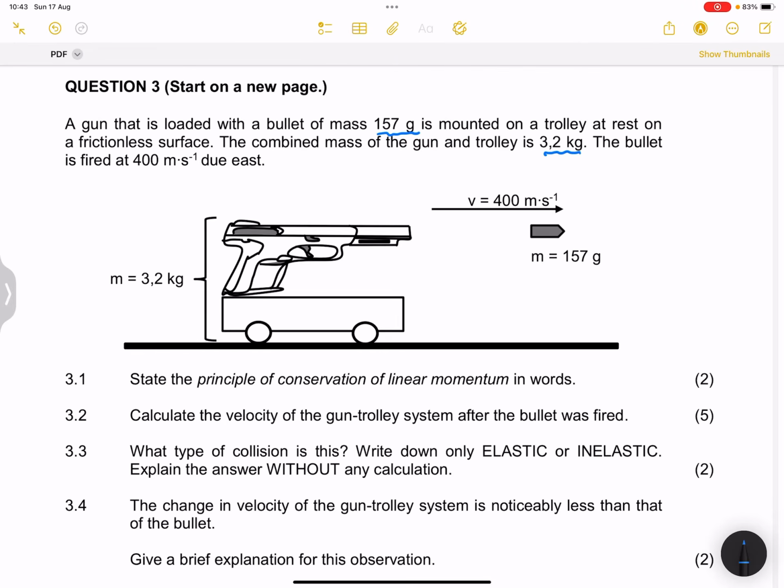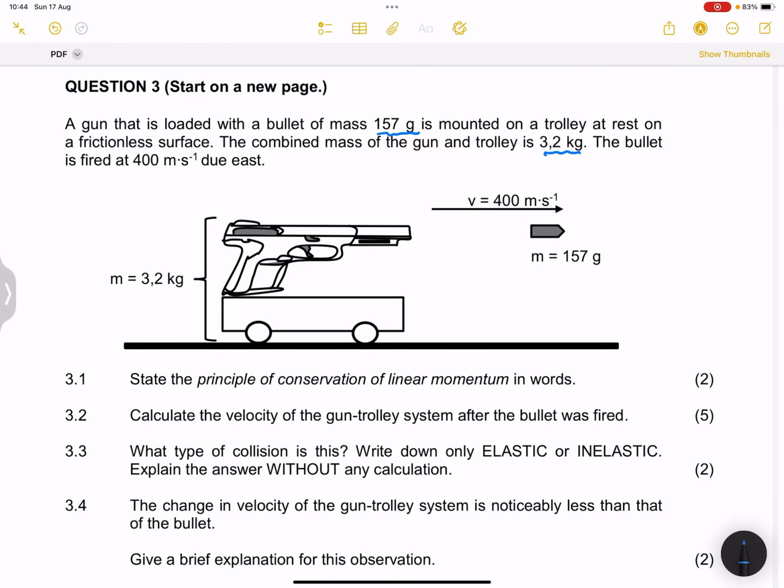So remember, we say that in an isolated system, the total linear momentum is conserved, or you can say the total linear momentum remains the same. Another way that we can state this is, in an isolated system, momentum before collision is equal to momentum after collision. All right. Now, so they say to us, calculate the velocity of the gun trolley system after the